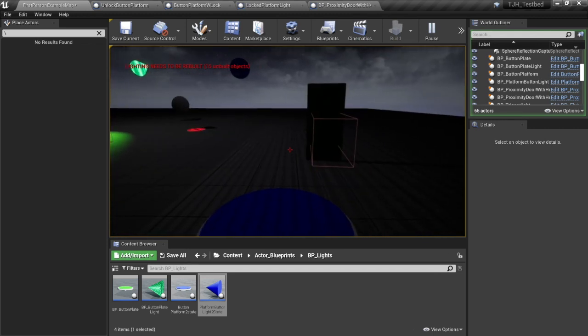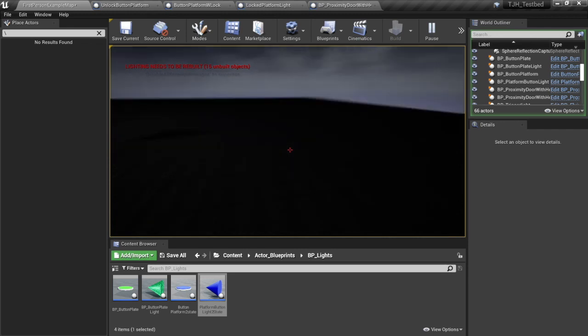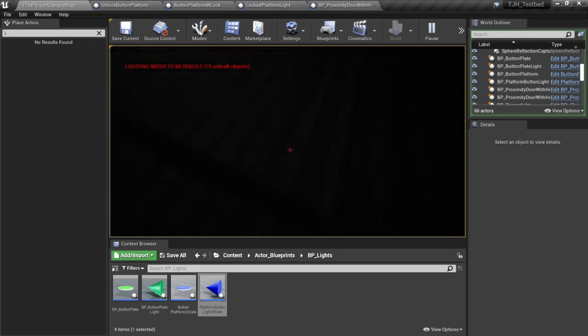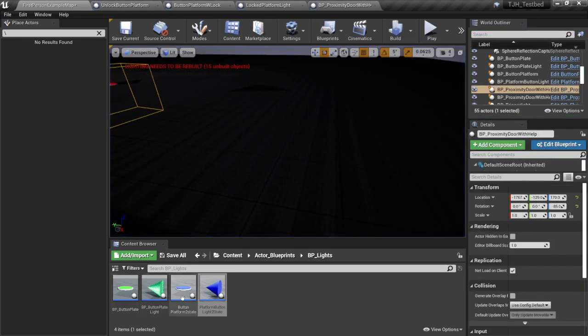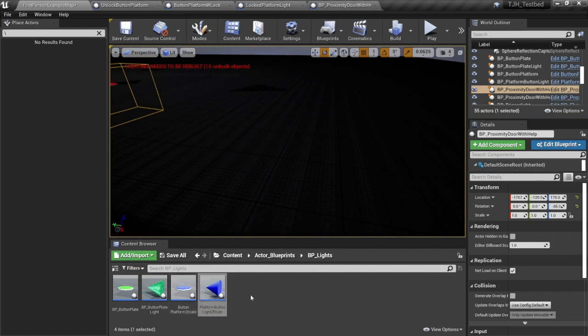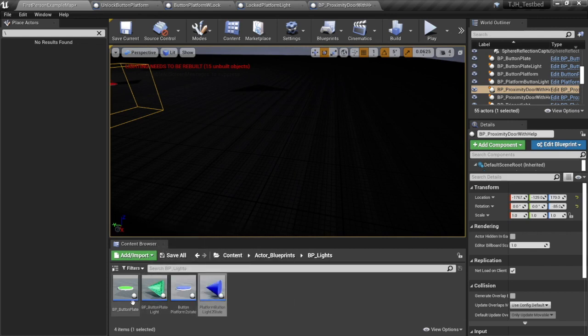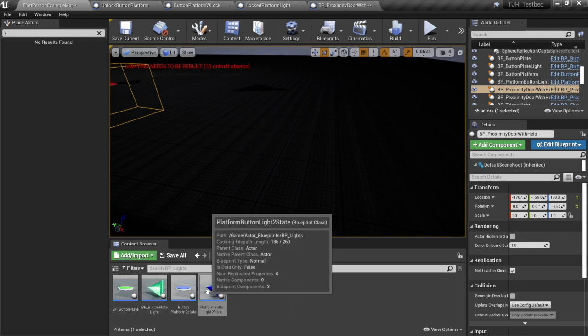Okay, so first of all, what we want to do is just keep our lives really simple here. If you'll look down at the bottom here, I've already made these two right here. This is called button platform 2 state. That means it's on or off. You could call it something different if you'd like, but in this case it's a Boolean. We could call it a Boolean light possibly, but since I don't really want to have to make all this stuff again,